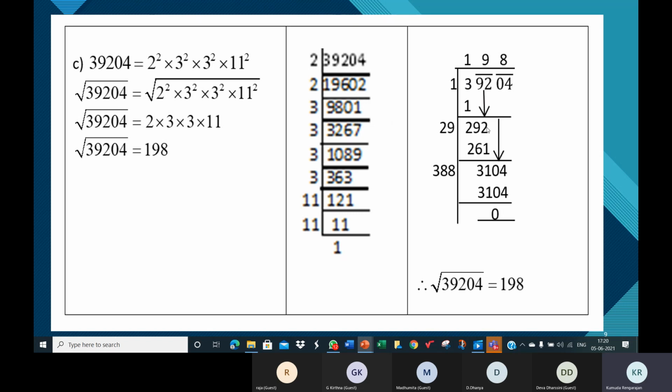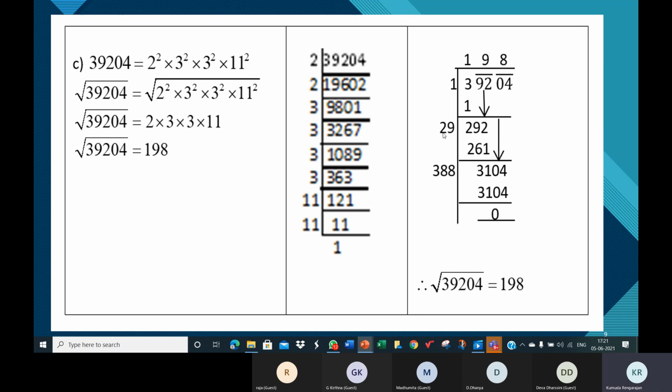and bringing the next pair down, look at the quotient. What is the digit you have in the quotient, children, at that point? 1. Only 1 we have. Multiply that by 2. Double the quotient. So you get 1 into 2, 2. That is what you should place beside this number. That is the remainder, and this pair which comes down. Beside this number, place 2.